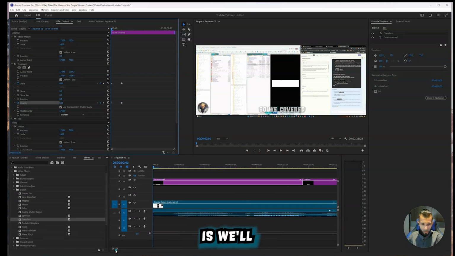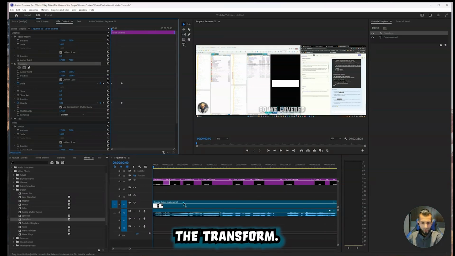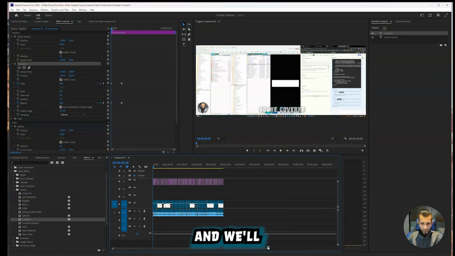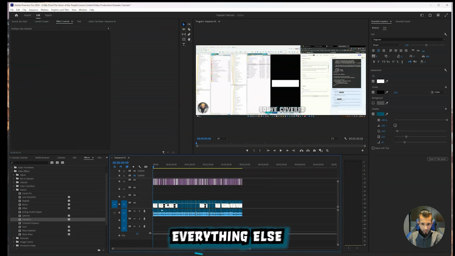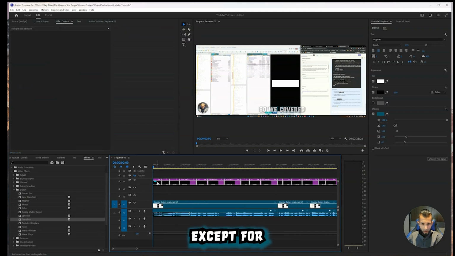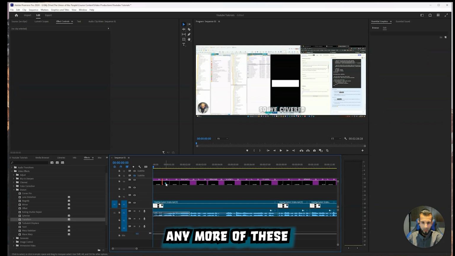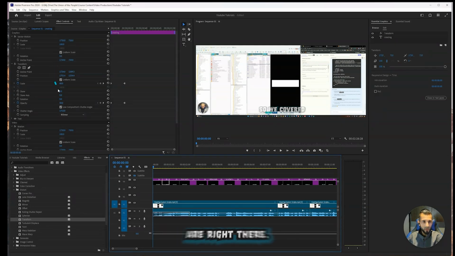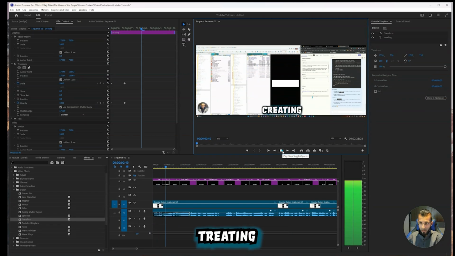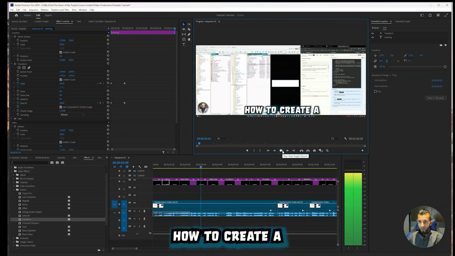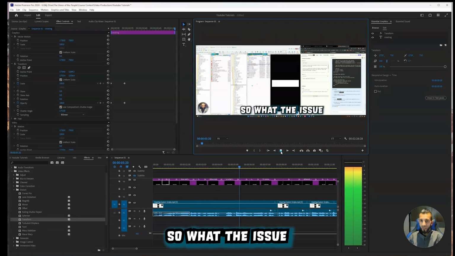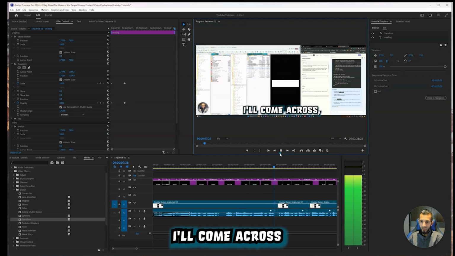So now what we'll do is we'll take this and we'll copy the transform. So I pressed Control C, and I'm going to basically select everything else except for that one and press Control V. So now if we open up any more of these, all of our settings are already there. Perfect. And now we can check, just make sure our subtitles. So we covered creating new buttons. Now we'll cover how to create a little script. So what the issue here is, like randomly I'll come across a different product